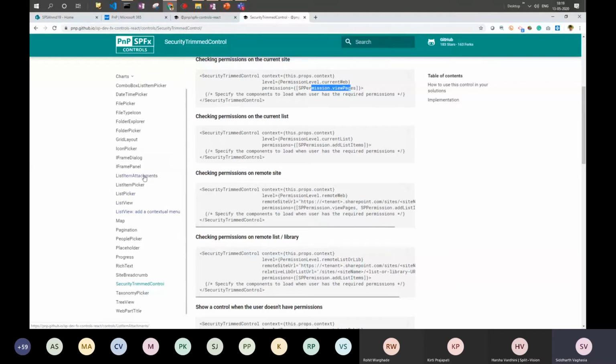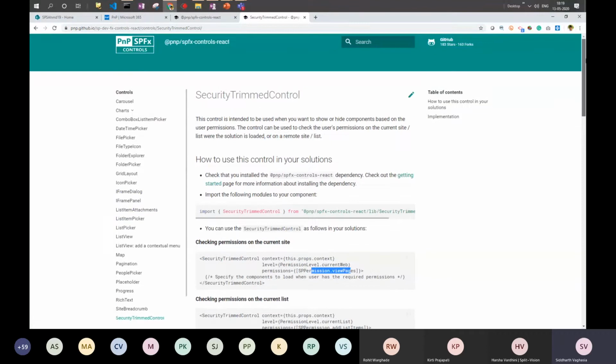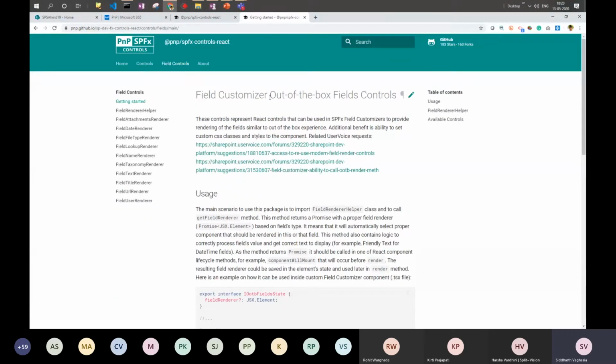In a similar way, there are other controls available. We will be seeing a demo of a few of them. Moving ahead, there are field controls also available. From the last session, the SPFx extension overview, we have seen that we can now use the SPFx extension field customizer to override the rendering of fields in the out of the box views, right?